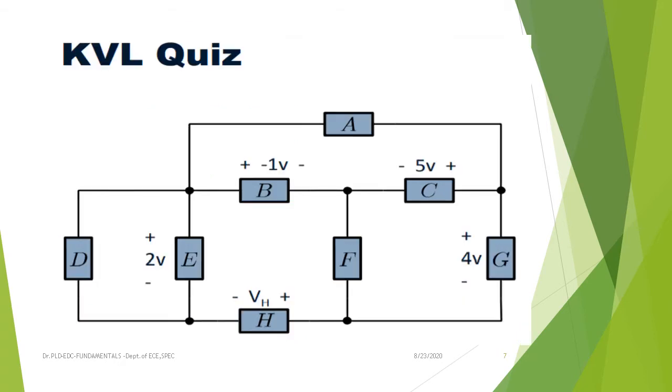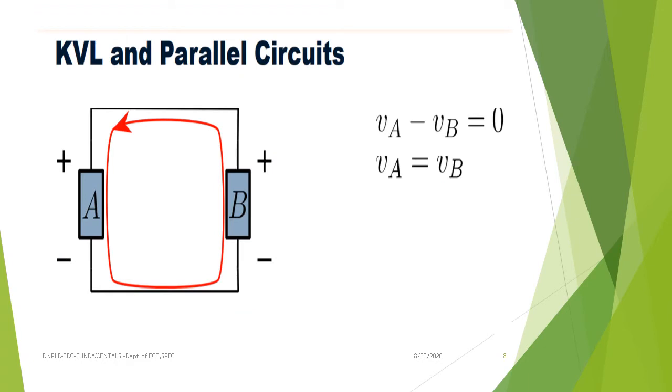In this example, if you observe, this one is 2 volts and this one is minus 1 volt, and F didn't mention any voltage across it, and this one is VH. So in what way can we write the equation in this particular loop, calculate the voltages and satisfy Kirchhoff's voltage law? Suppose we consider a particular circuit. First the AB closed path.